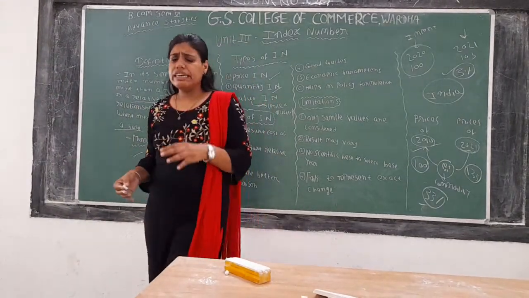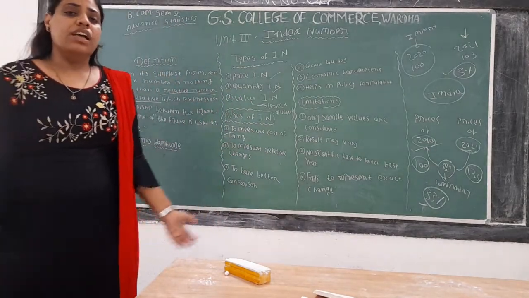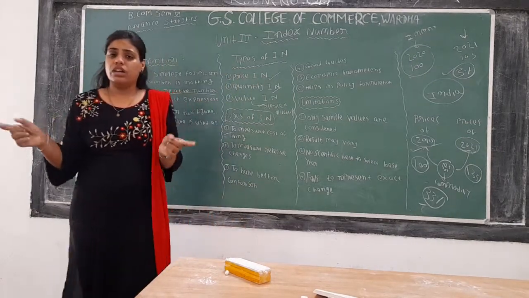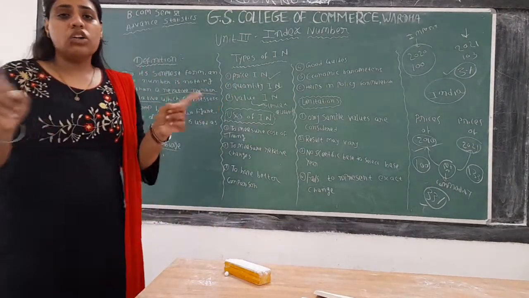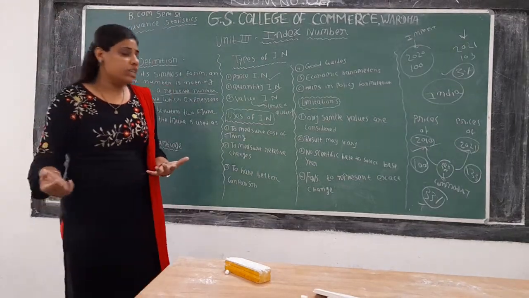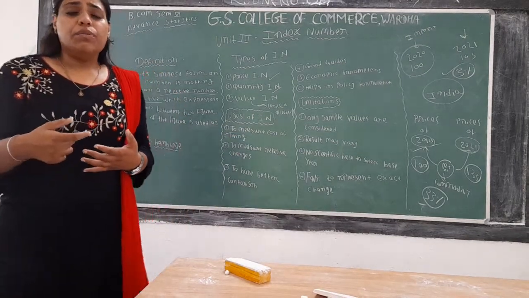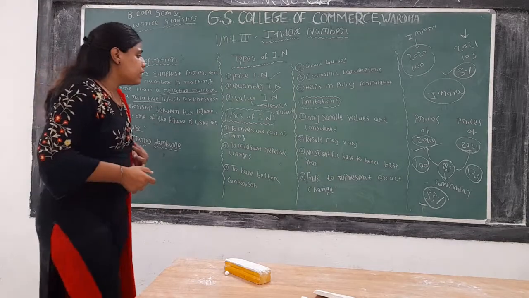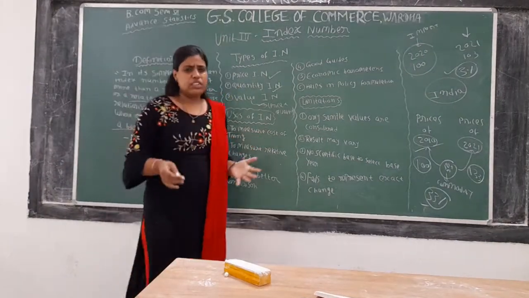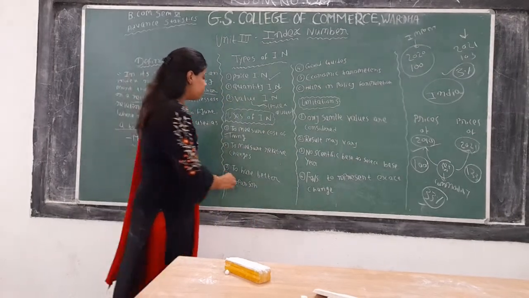Or you can take the example of different states in India itself, like cost of living in UP and cost of living in Maharashtra. When you are going to compare the cost of living between two different states of India, the index number will be helpful to you. Okay, so basically it is used to measure the cost of living in two different states or in two different countries.